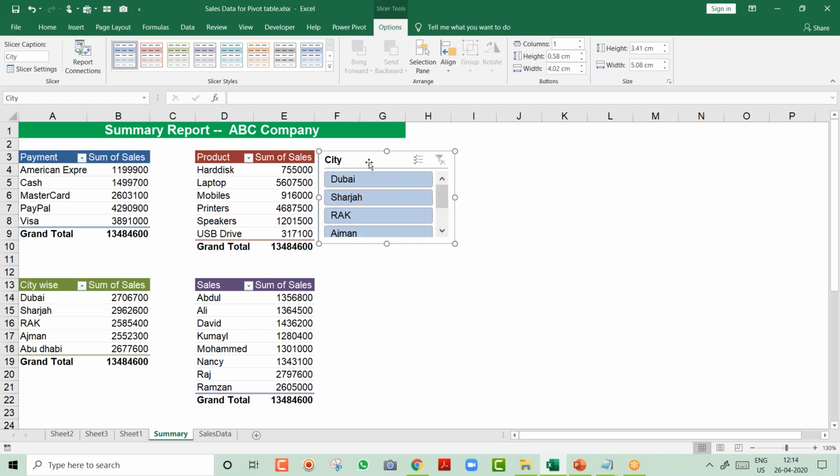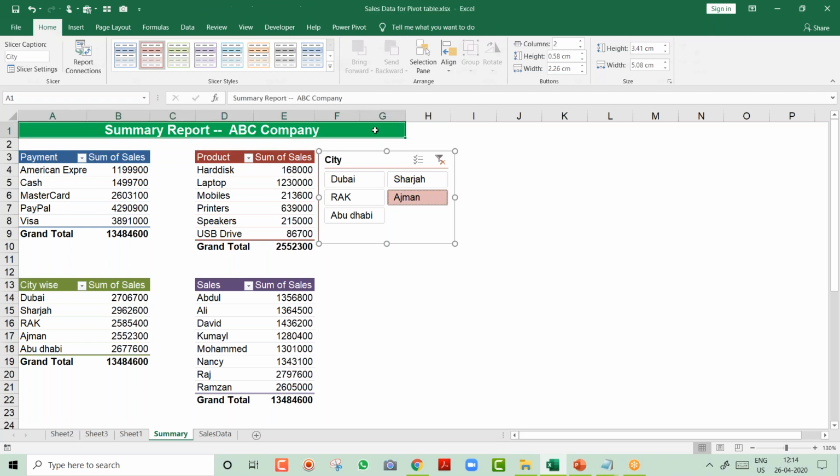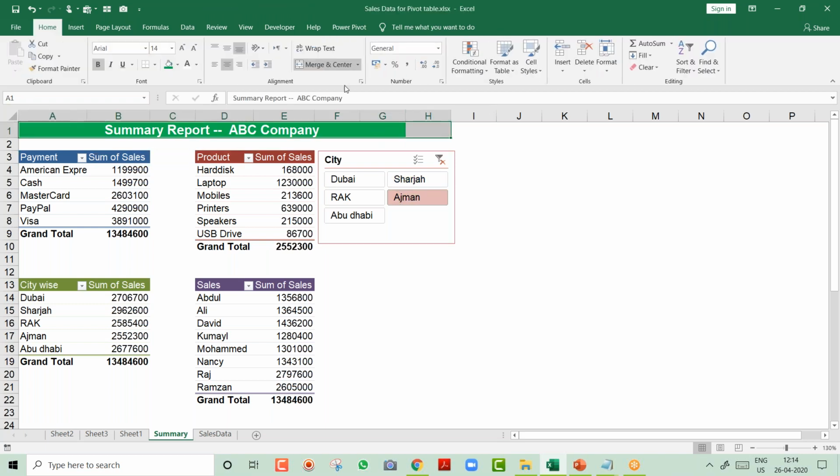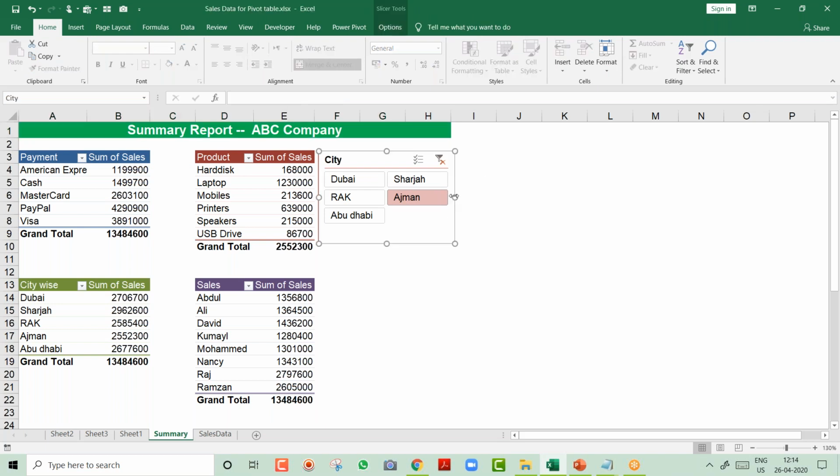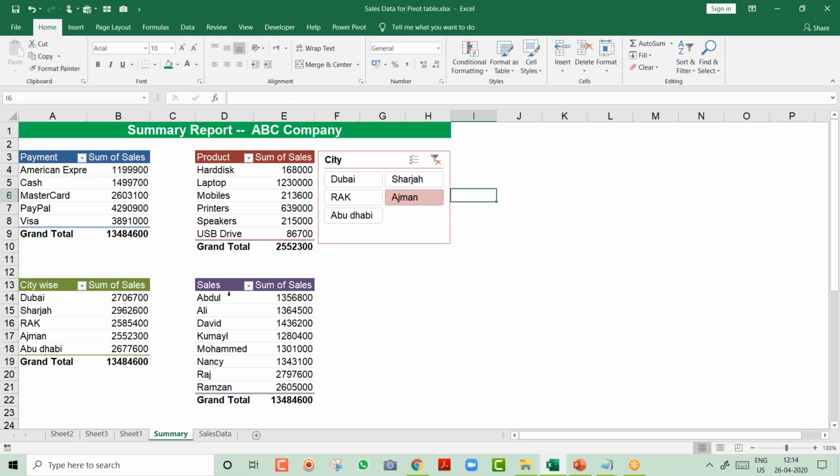Instead of this, why not make it in 2 columns? So I said 2 columns over here, which is under the option, remember. So now it became this. Why not change the color related to this? Perfect. So formatting wise also you can spend a few minutes on this. I'm not having much time, but if you have time when you design, you can surely do nice formatting.